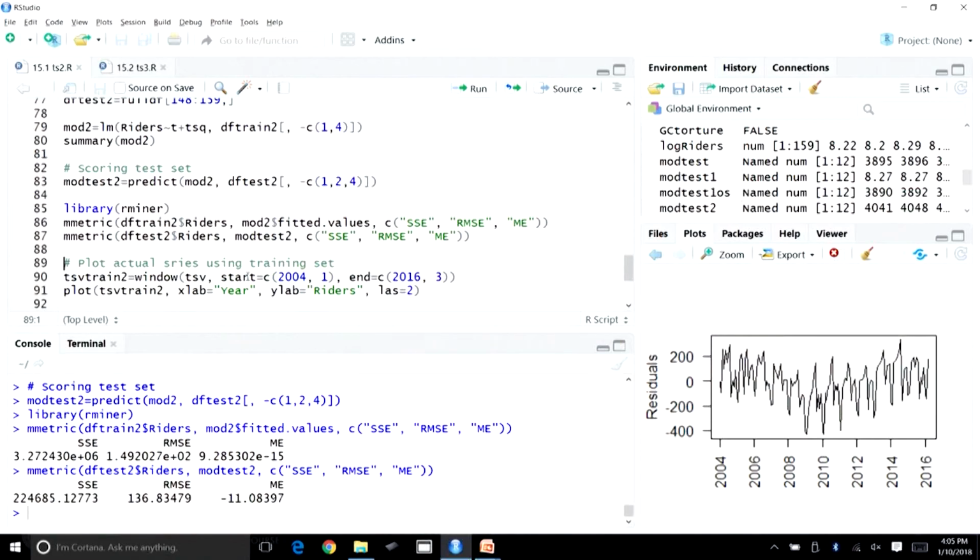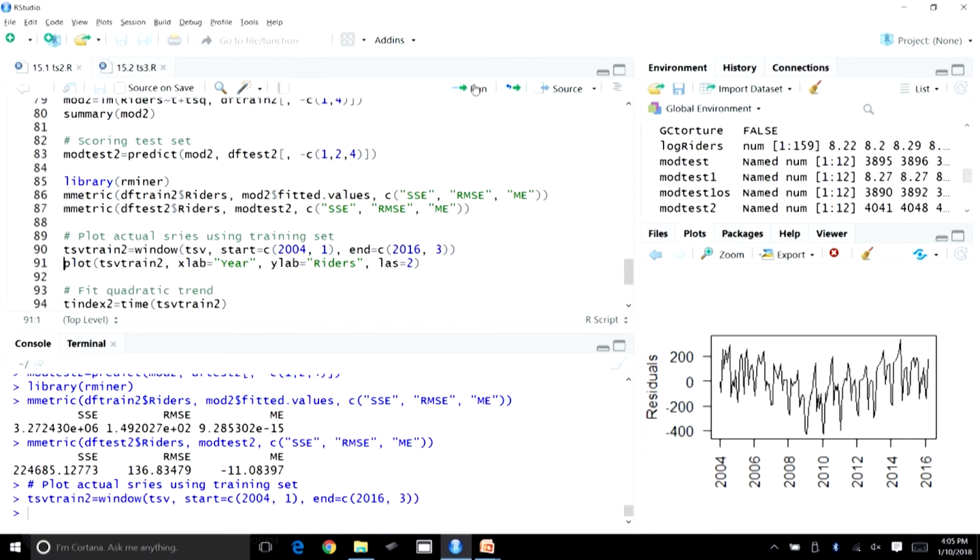Let us plot the actual series using the training set. Again, just like previous models, we will create this time series, we will subset this time series object, and then let us plot this.